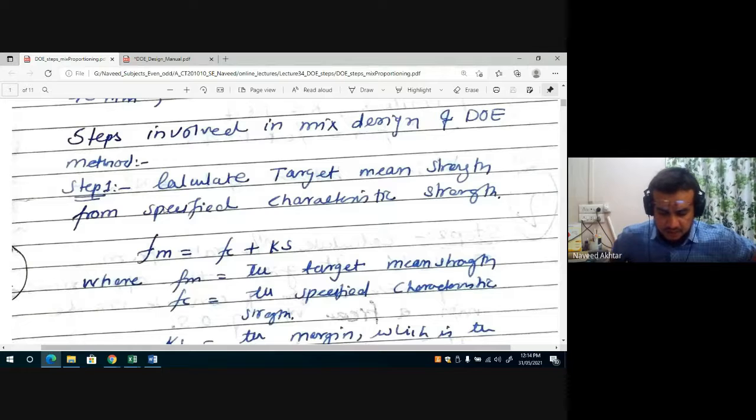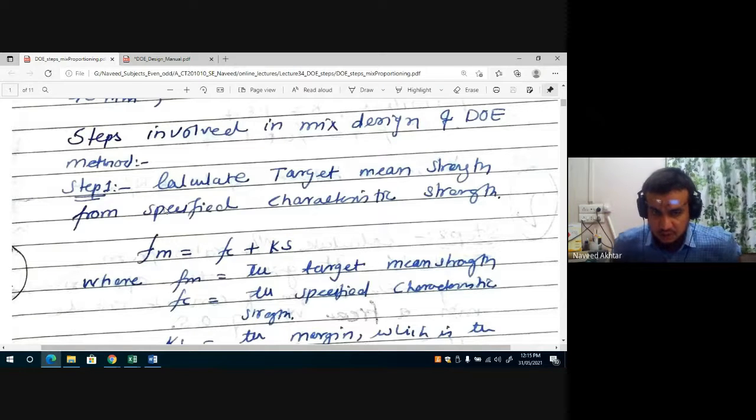The method is applicable to normal wet concrete made with Portland cement only, or you can also incorporate GGBFS or fly ash, that is the mineral admixtures, but it does not cover foamed concrete or pumped concrete, nor does it deal with lightweight aggregate concrete. Three maximum sizes of aggregate are recognized in the DOE method: 40 mm, 20 mm, and 10 mm. We will see the step-by-step procedure of how mix proportioning of concrete is done by the DOE method.